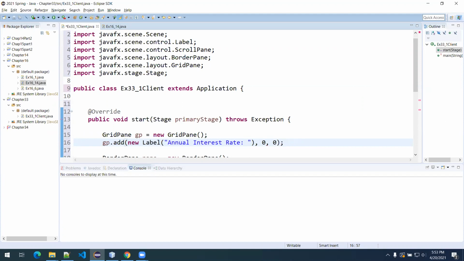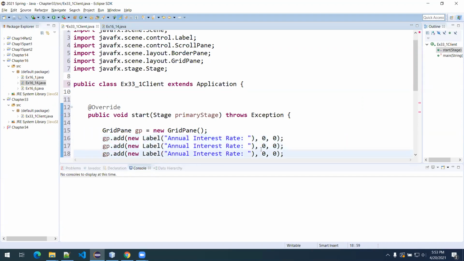So, topmost, leftmost cell in the grid pane. I'm going to repeat this. In fact, we're going to have three of these, so just a quick copy paste twice. And then here we're going to just very simply change the label and then change the column and row numbers